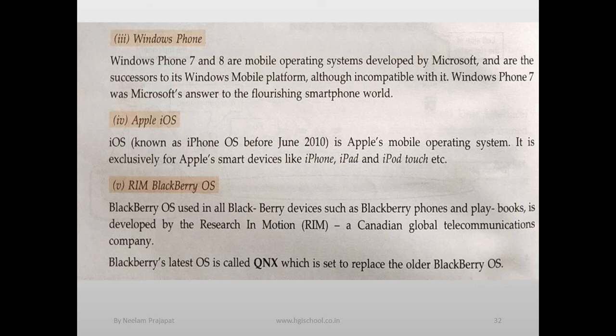The BlackBerry OS is used in BlackBerry devices such as BlackBerry phones, and the PlayBook. It was developed by Research in Motion, a Canadian global telecommunications company. BlackBerry's latest OS is QNX, which is set to replace the old BlackBerry OS. The latest version is QNX for smartphones.